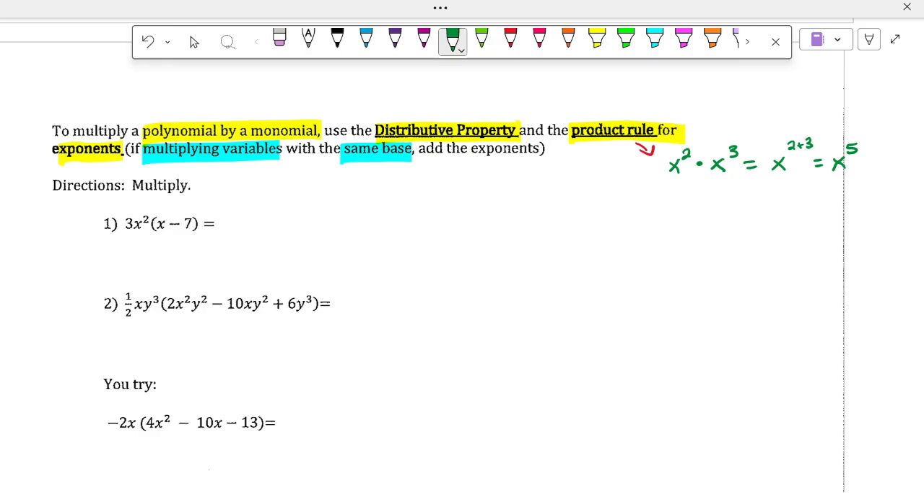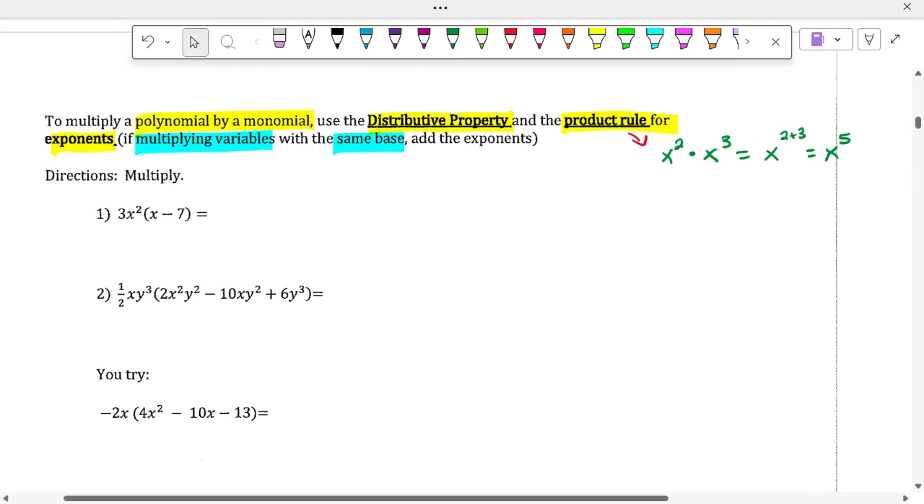Okay. And remember, because a lot of people mess this up, coefficients, you just multiply like normal. So if it's 3 times 1, it's still 3 times 1. If it's 3 times 7, it's 3 times 7. Exponents are the only thing that you add. So for number 1, if I was to distribute,